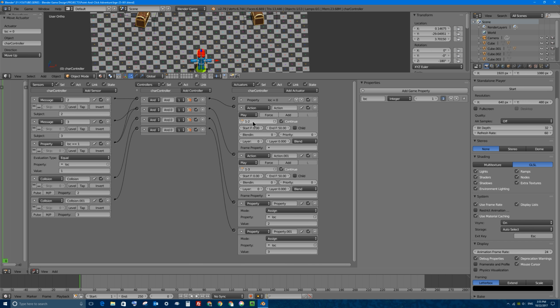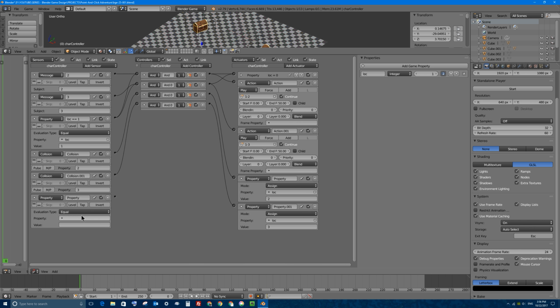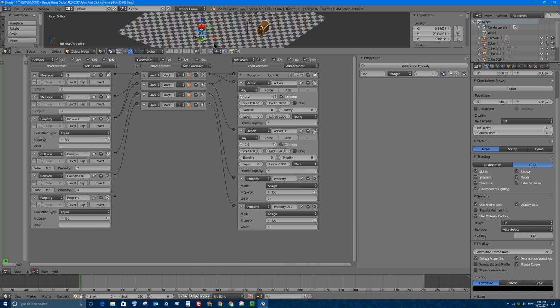Let's go ahead and add the last few options before we make our character actually walk and the trunk lids open. So I now have to say, hey, if my character is at location 2, which is this left trunk up here, so add sensor if his property called location, this is on the character, we have that object selected, if the location property is 2, and so I'm going to add an and controller manually, and I'll connect that up. If loc equals 2, and he hears the message 3, so I'll connect that up so you can see what I've connected